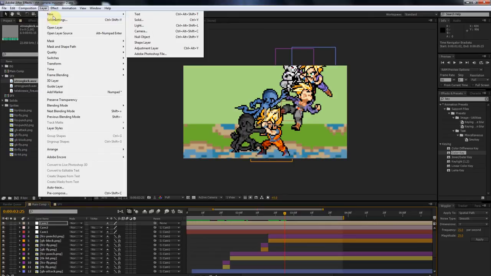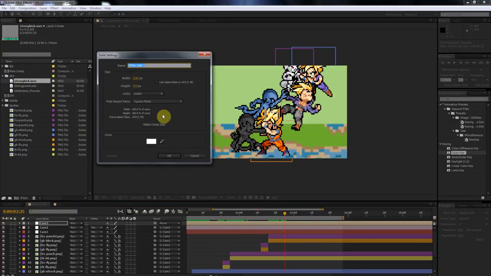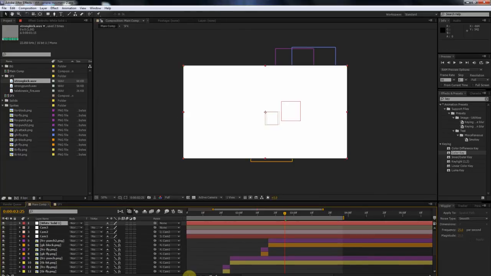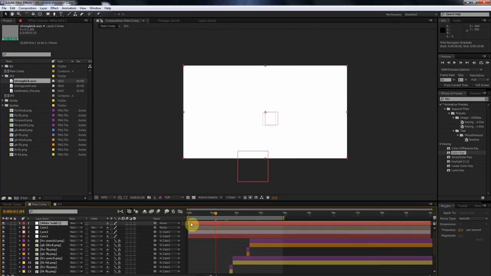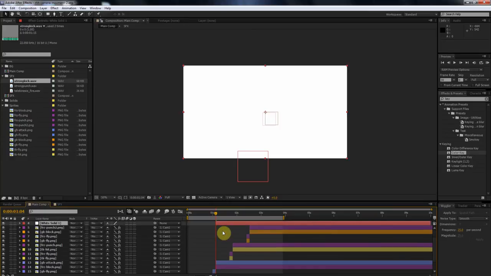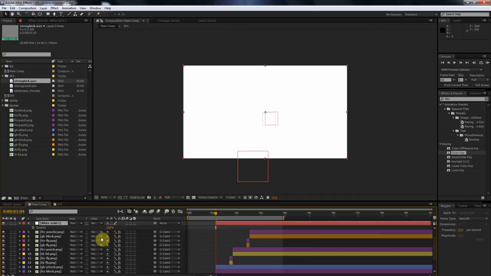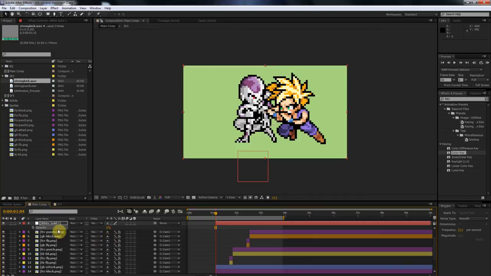We'll go to Layer, New, Solid. Make sure it's the same dimensions and that it's white. Let's say OK. And we're going to cut this thing up here. This is going to be kind of like that big hit flash effect. We're actually going to put this below the cameras, but it's not going to be parented to any of the cameras. So let's mess with the transparency here. We'll make it 0,